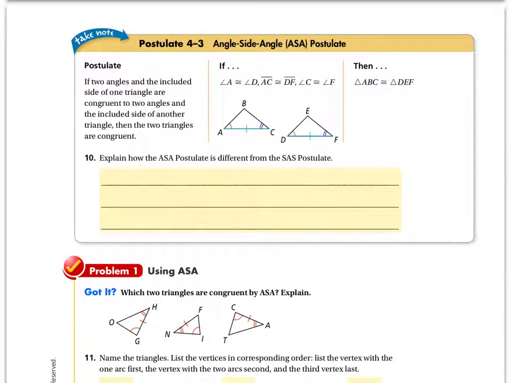First, let's take a look at what Postulate 4.3, Angle-Side-Angle Postulate says. If two angles and the included side of one triangle are congruent to two angles and the included side of another triangle, then the two triangles are congruent. So basically what they're telling you